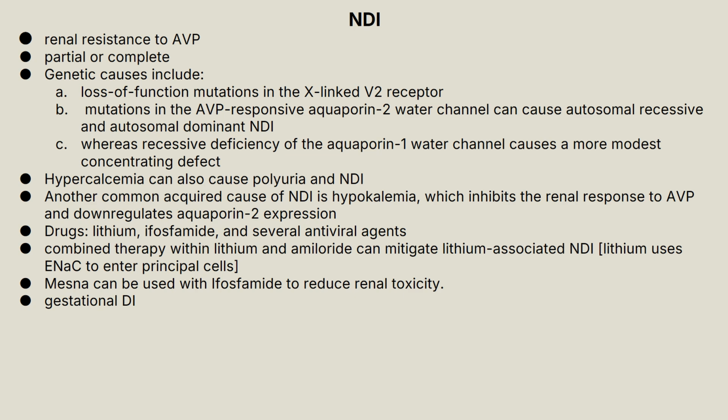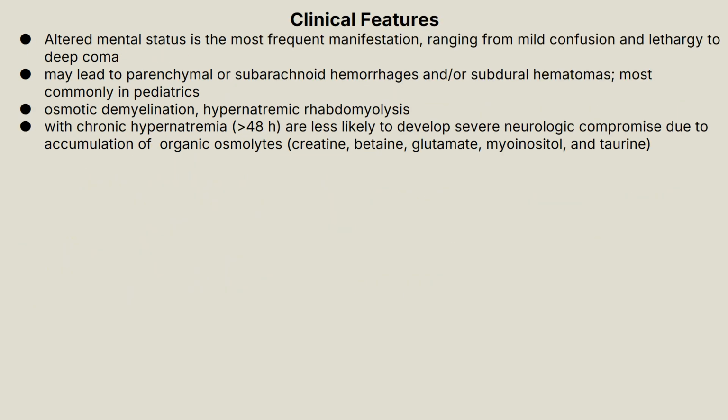Mesna can be used with ifosfamide to reduce renal toxicity. And there is also a subtype of diabetes insipidus, which is gestational. Clinical features of hypernatremia include altered mental status, which is the most frequent manifestation, ranging from mild confusion and lethargy to deep coma. It may lead to parenchymal or subarachnoid hemorrhage and or subdural hematomas, most commonly in the pediatric age group. Osmotic demyelination, hypernatremic